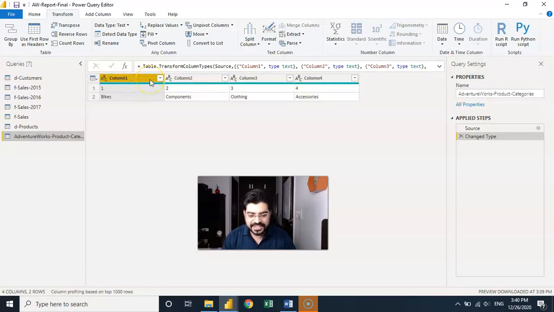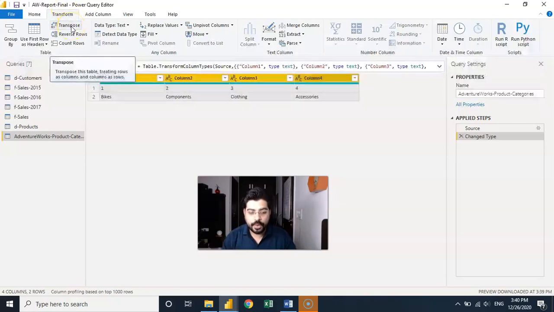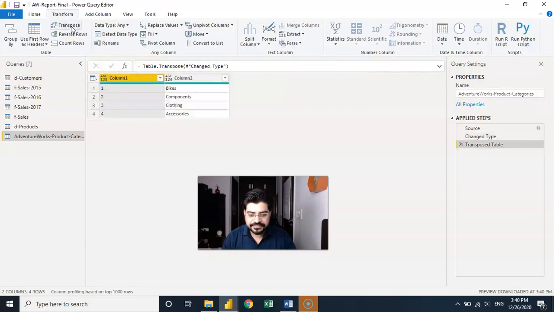Interesting, very useful, right? So first of all, I will be selecting the whole table. So how can we do it? Simply click the first one and then press shift and select the last one, so that it will select everything. This is what we call the click shift click technique. So we have selected everything, and now under transform, you have the transpose option available. Let me just click on this, and you will notice that that's it. We are done. The table has been transposed, and now we got the key